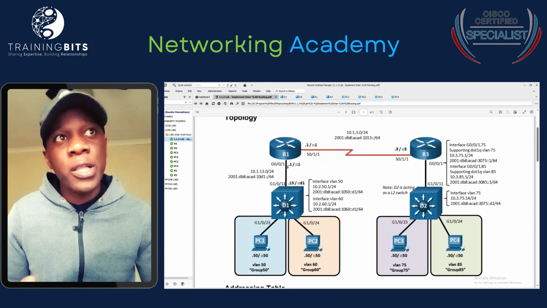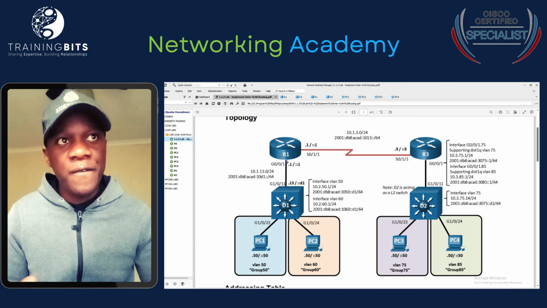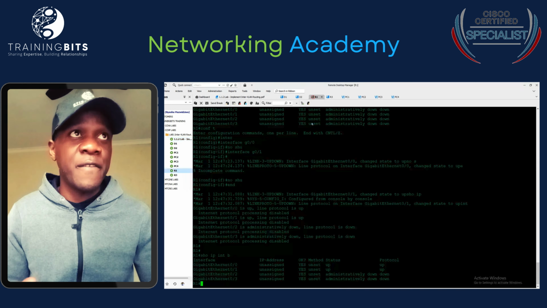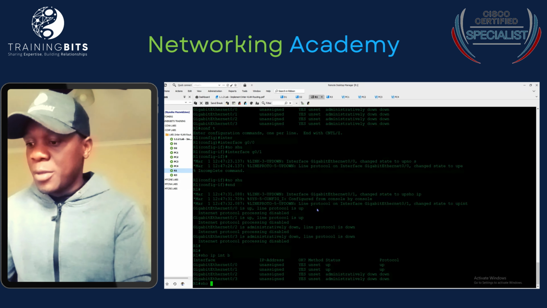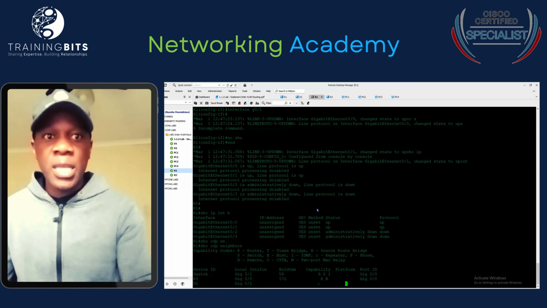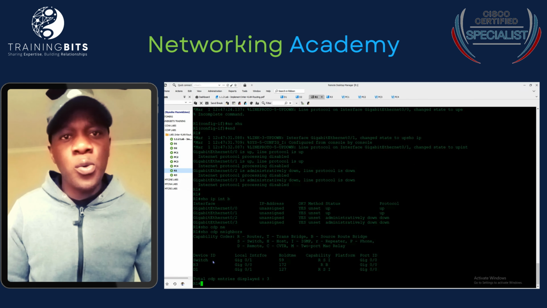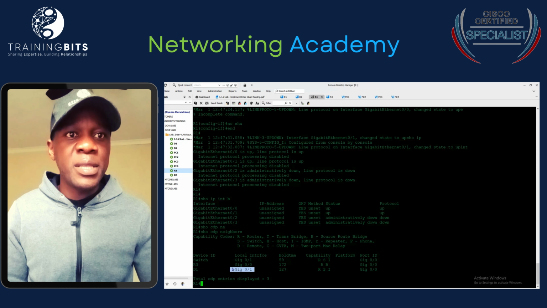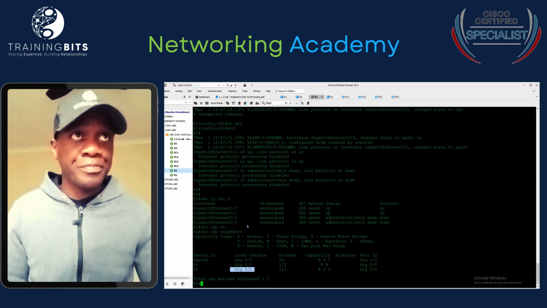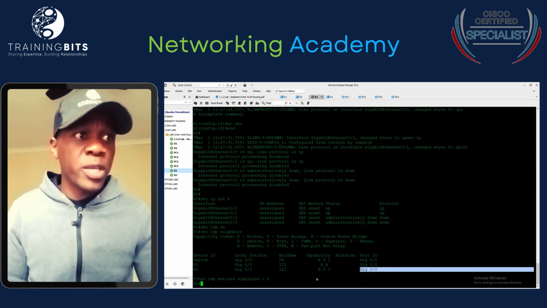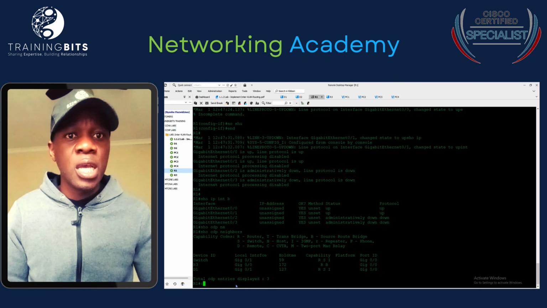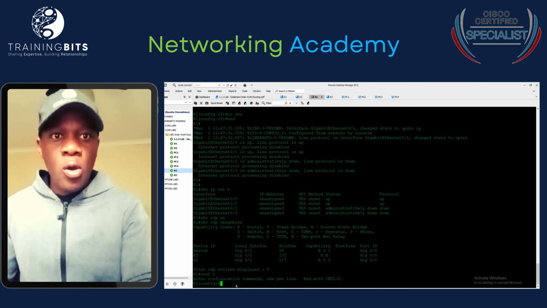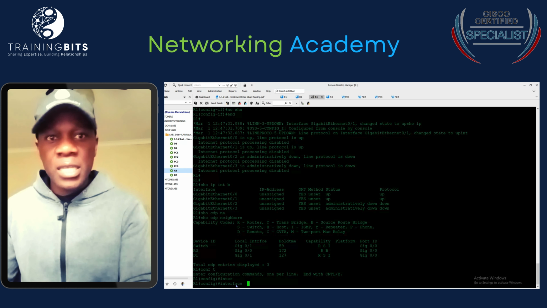So what I'm going to do now, I'm going to go to router 1 and configure the port that goes to gigabit 0/1. So I'll go to router 1 and type the command show CDP neighbors, because I want to see which of these ports is actually D1. So D1 is gigabit 0/1 on the router. That goes to gigabit 0/0 on the switch. So I'll go to global configuration,